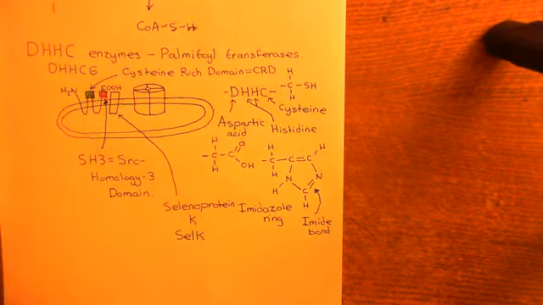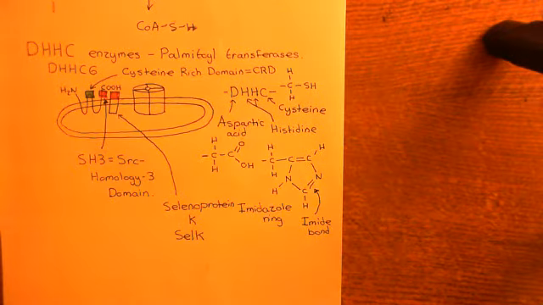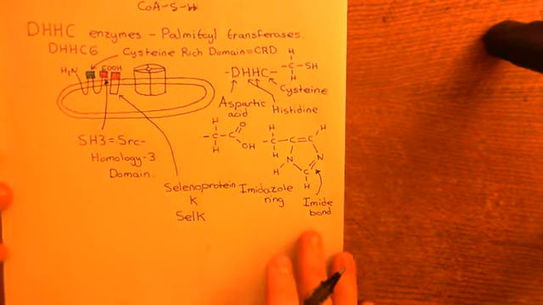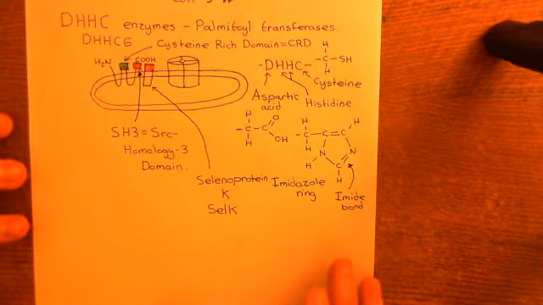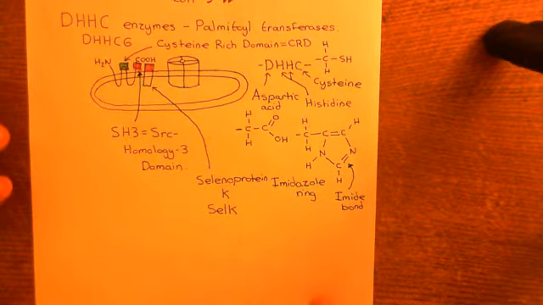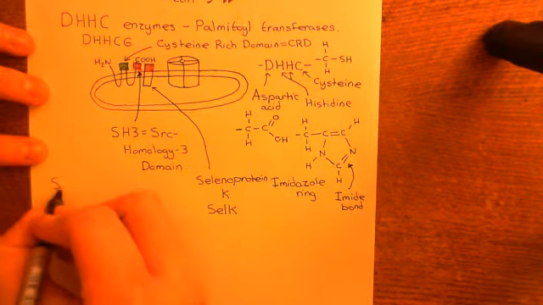Okay, and selenoprotein K also contains an SH3 domain, which I'll highlight here in pink on the cytoplasmic side, and this SH3 domain will bind to the SH3 domain of the DHHC6 enzyme, and they associate together. Okay, so you might be wondering, well, why is selenoprotein K called selenoprotein K? Well, the reason it's called selenoprotein K is that it contains in its active site a very special amino acid, and this very special amino acid is